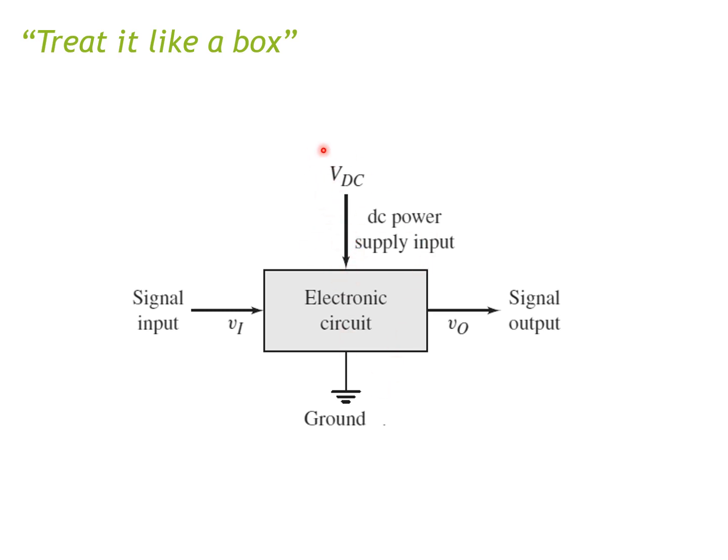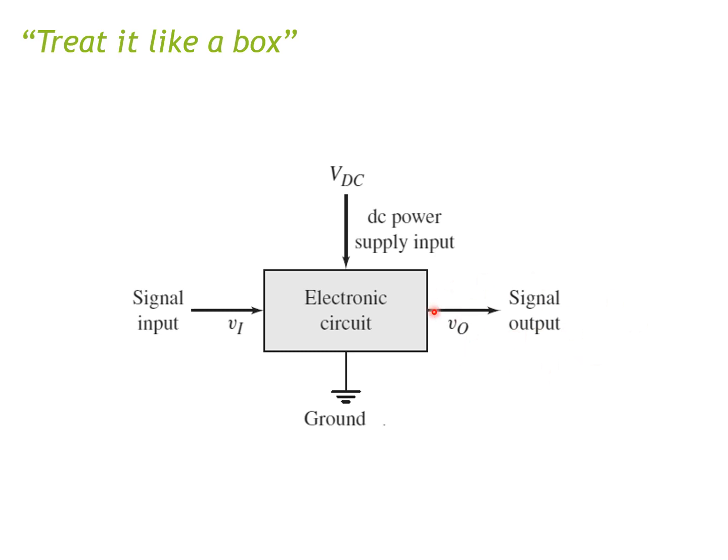You have to connect your amplifier to a power supply and ground it properly. Then you give it an input and output. Input is usually the small signal, or some kind of signal that you want to amplify, and the output is